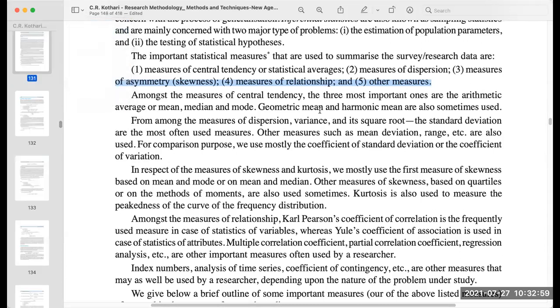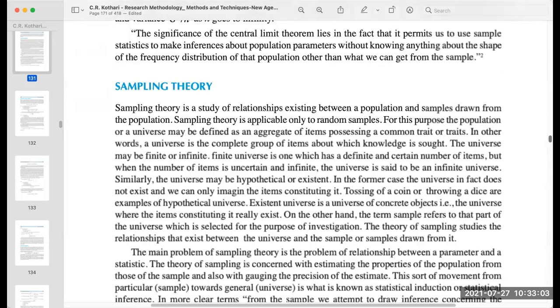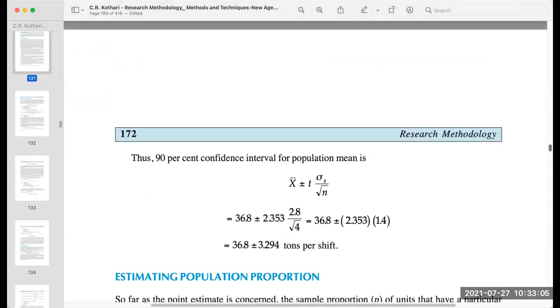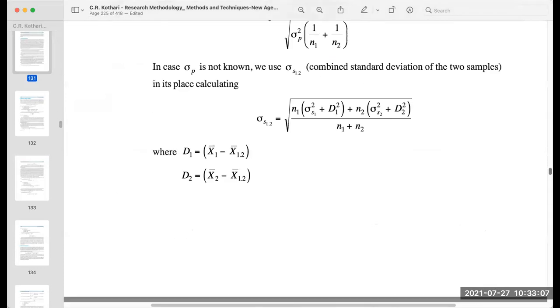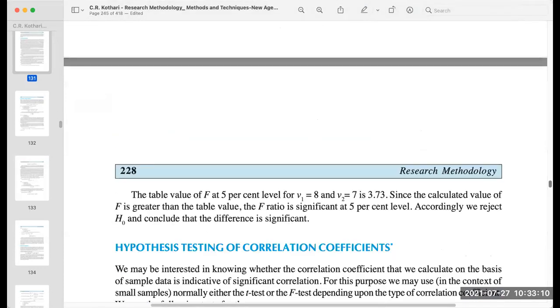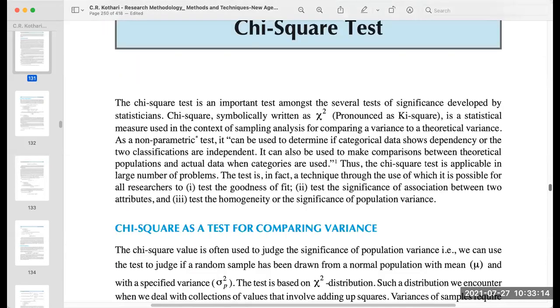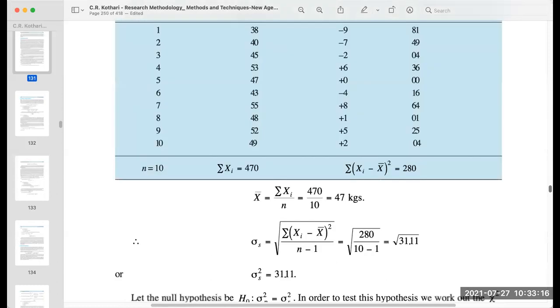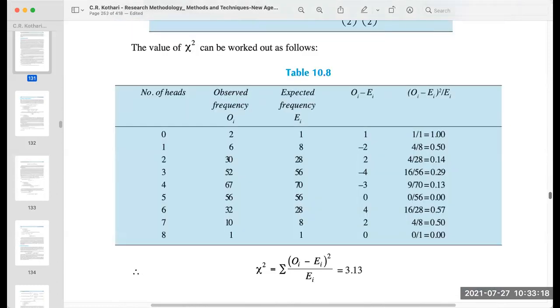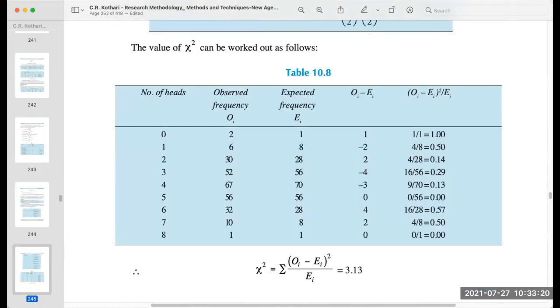Here you can see that there should be more and more things in the research methodology, if you want to study further, like the different kinds of tests we are going to perform to establish the relationship, like the chi-square test and other tests. But it depends upon that particular area of interest, the particular study, whether you're going to use it or not. So these are not the general topics.